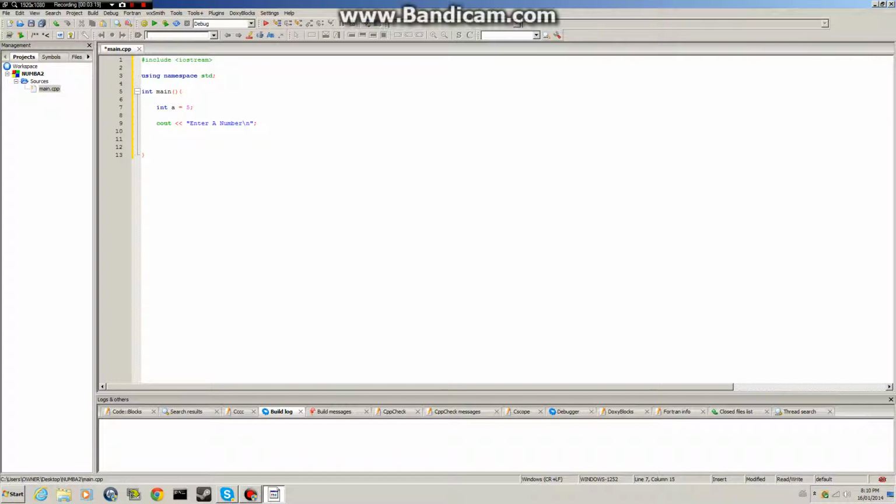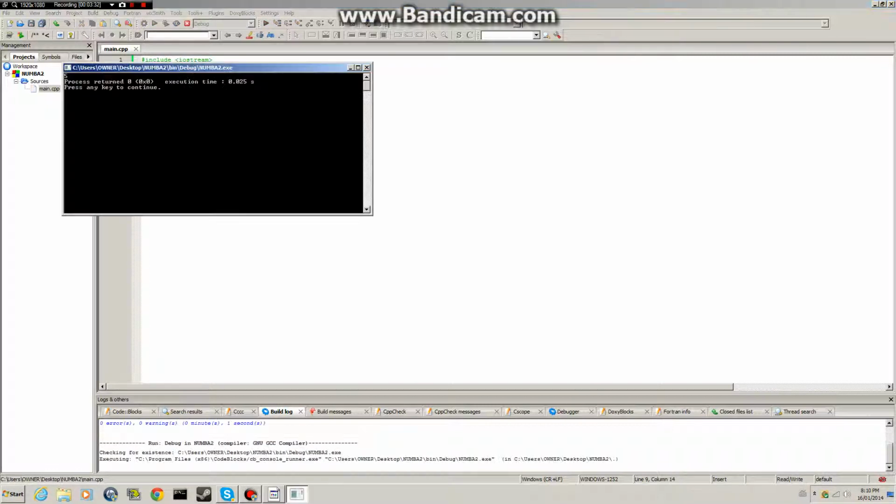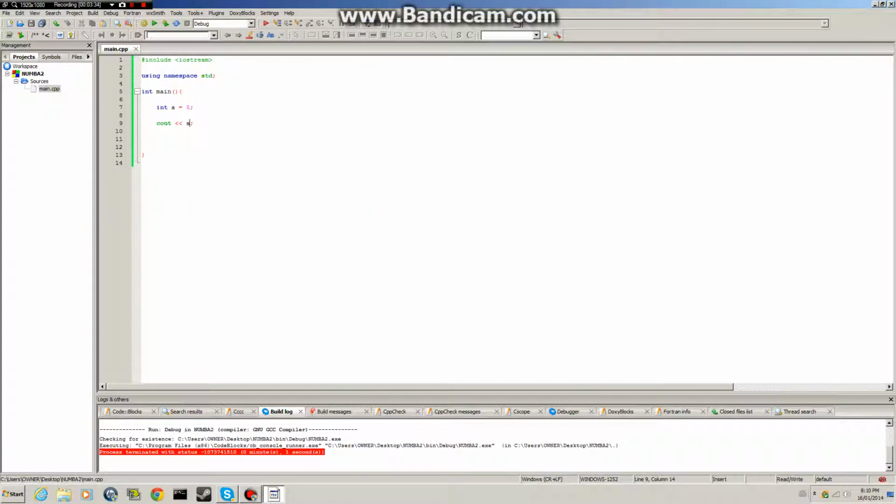And then let's do cout, but you want to get rid of these brackets. Let's put a. Let's print that. Let's start the program. And as you can see, it'll say 5 because we set a equal to 5. But in this case, we want to just put a, and then int